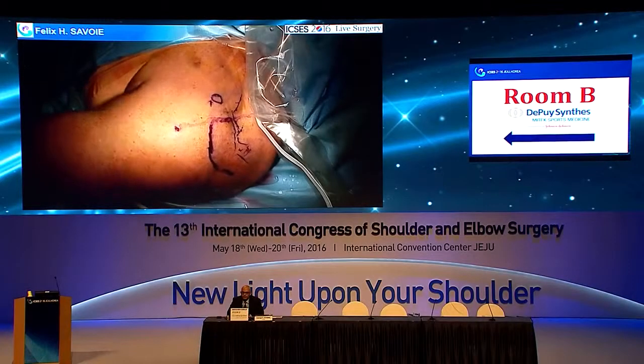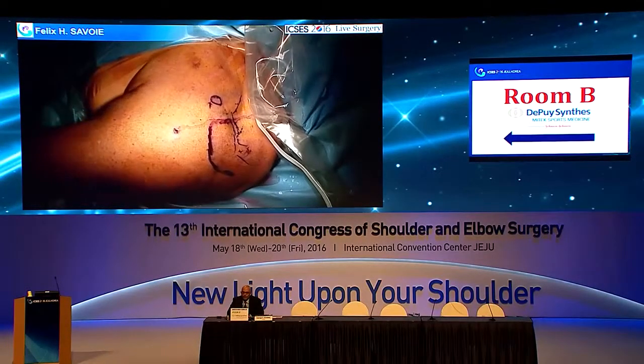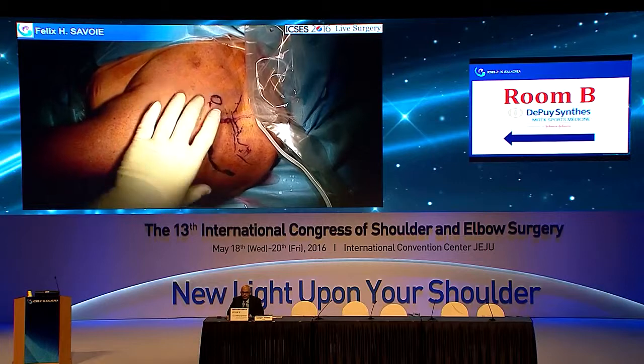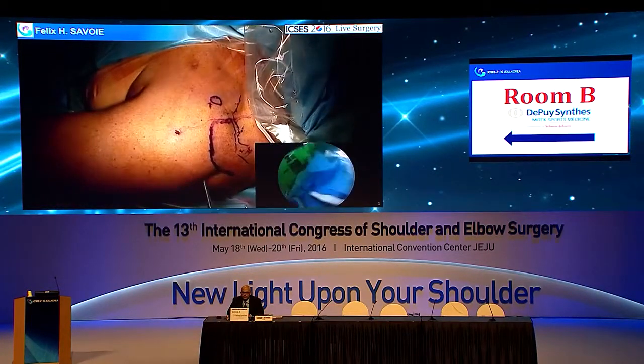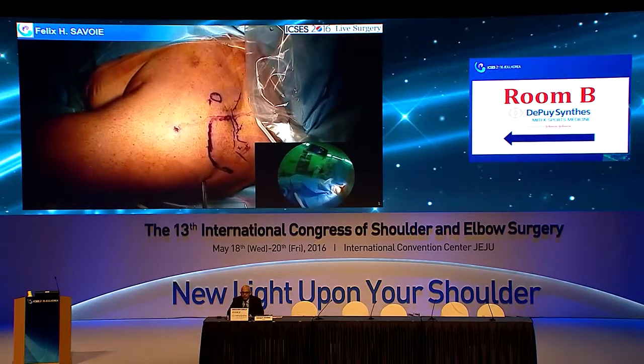Because with a very nice spider, we can actually shift the shoulder a little bit and check how things go. So our first step will be to put our posterior portal in. And so we feel the back of the acromion. What I like to do is just feel the joint. So I'll shift the joint back and forth, lift it up a little bit, and then we'll pop that in